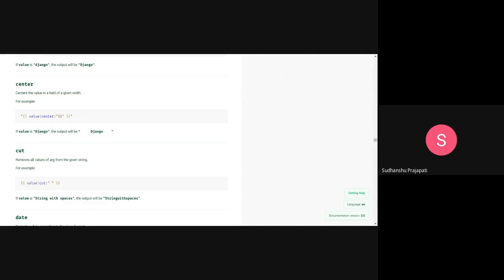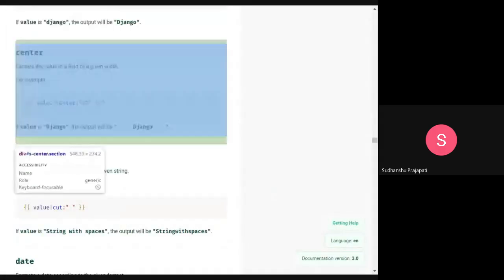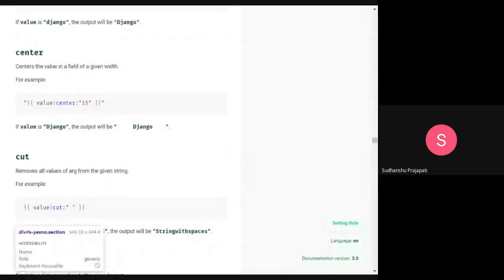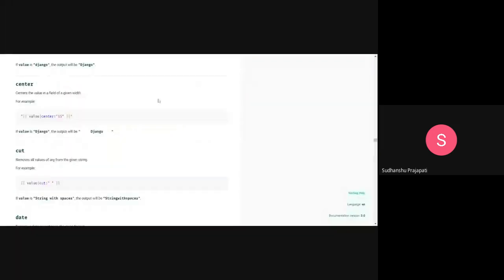If you inspect anything here, you can see all the HTML tags, but whatever you hide using conditional tags won't be displayed even here.